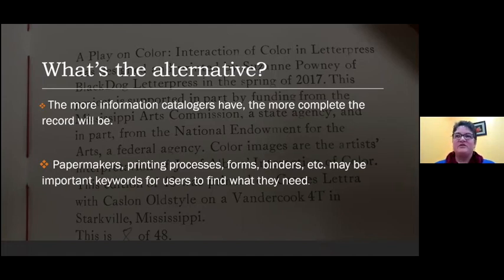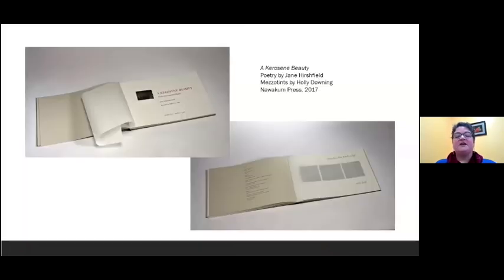Or I really remember that it was printed on a Vandercook. And if that was in the colophon, it's going to be in my record. So there are ways for other people to find things. There's ways for me to remember that I did something. And there are ways for me to find things for colleagues who are looking for artist books to use for various reasons.